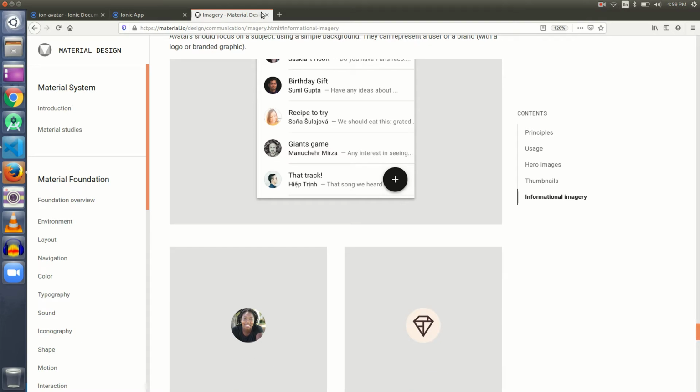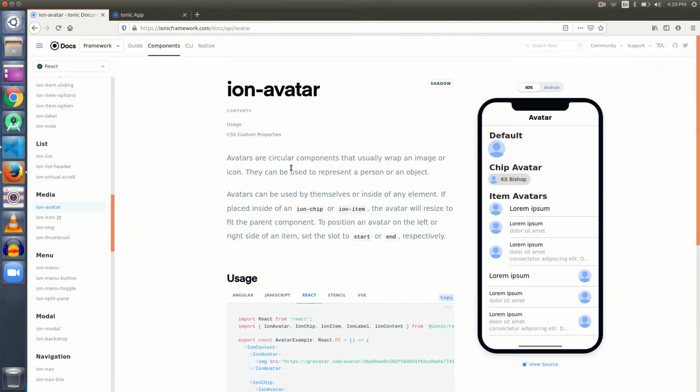I think you got what I want to say. So an avatar is rounded and it is smaller. Ion thumbnail is bigger and it is squared. But apart from this, there is a semantic difference between both of them. Ion avatar must be used to show a small image of a profile or a branded logo. Ion thumbnail must be used to show a big image as a smaller image that can ask the user for an action to tap on it and move to another page. So I think you got it.